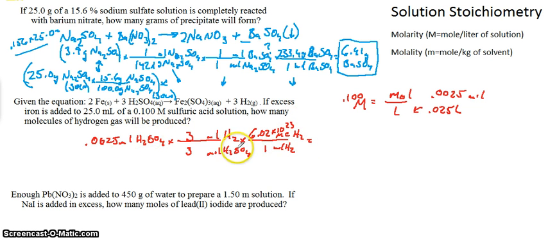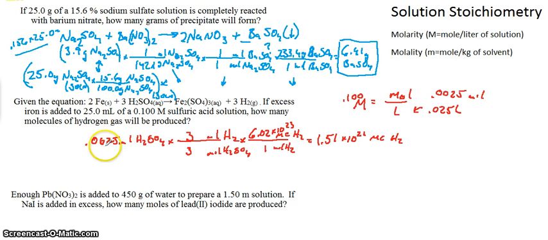So again, I would just do my math here, and let me see here, that's going to be, I think, 1.51 times 10 to the 21st molecules of hydrogen gas. Okay, so again, what I did is I got the number of moles by using my stoichiometry. Now, again, if you wanted to do this, I did this part on the side, then fed this into